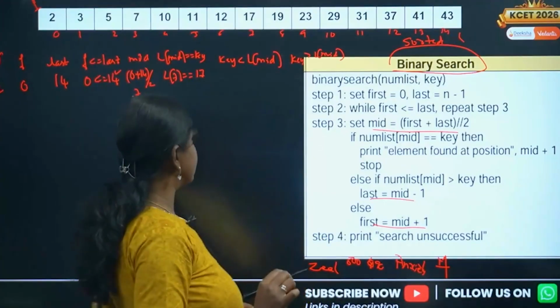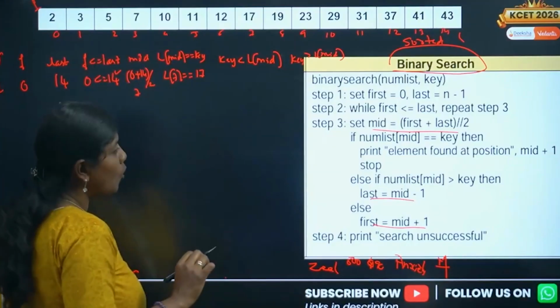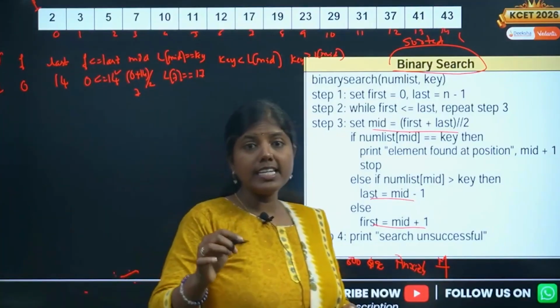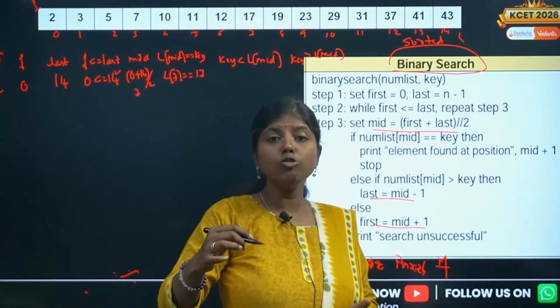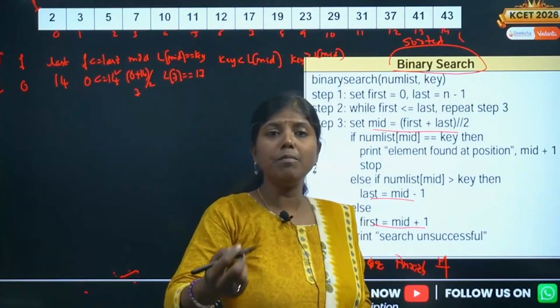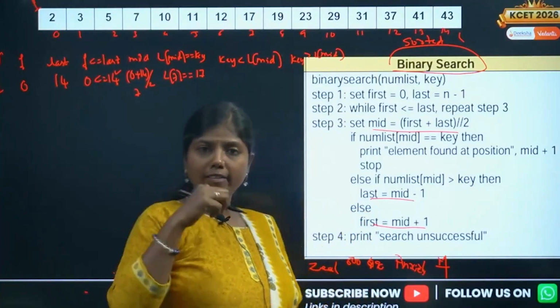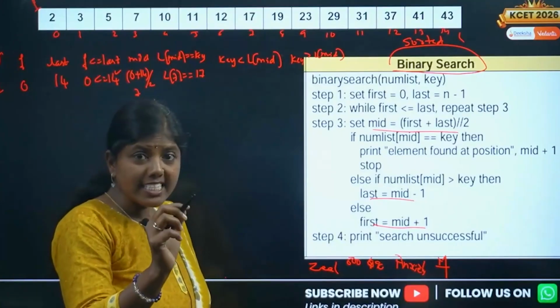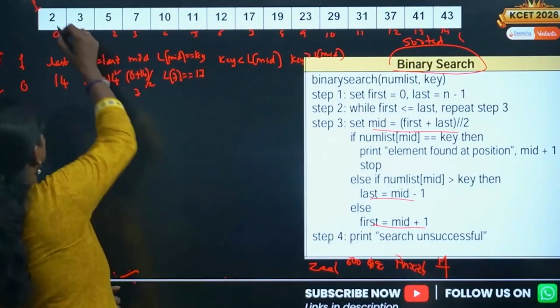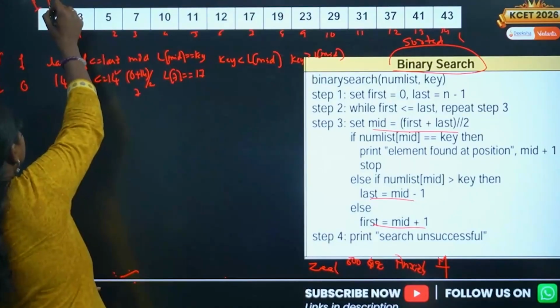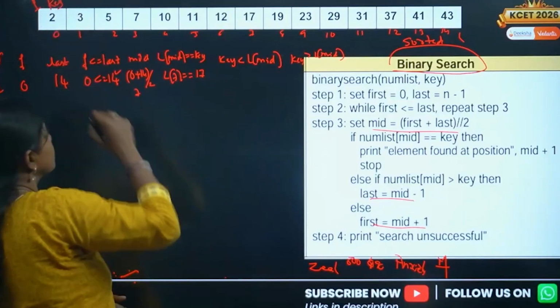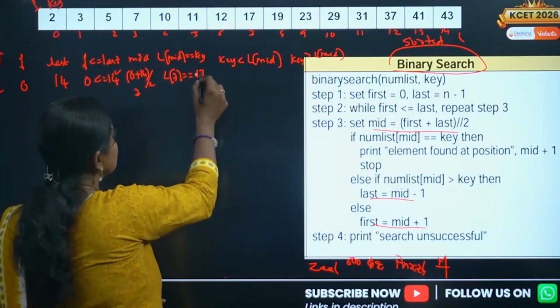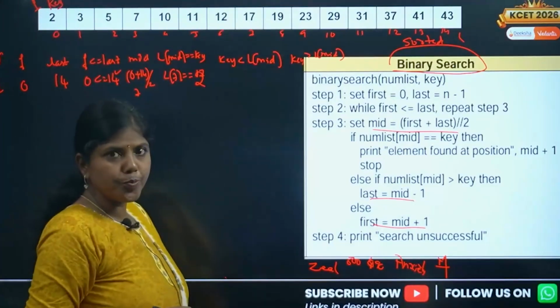Okay, we'll take the other case now. What is the other case? Please understand, what I'm trying to tell you next is why it is considered binary search. To teach you that, I have to tell you along with the explanation. We'll just take the search element now as 2. I've changed the key element to 2.